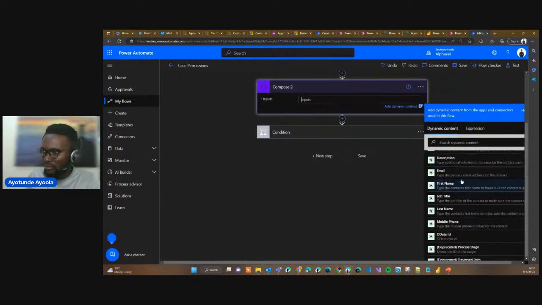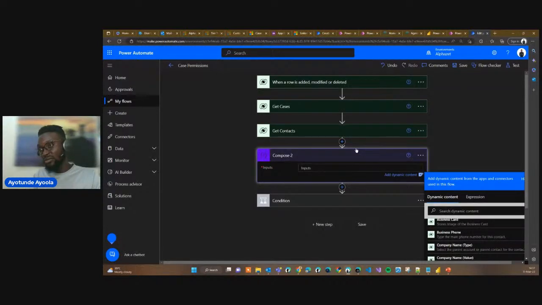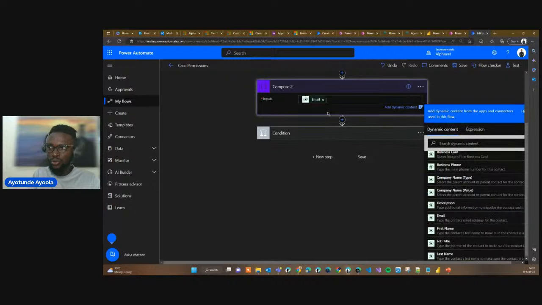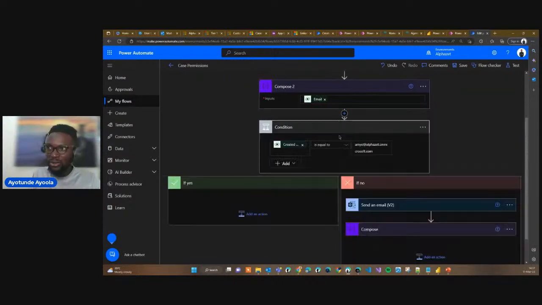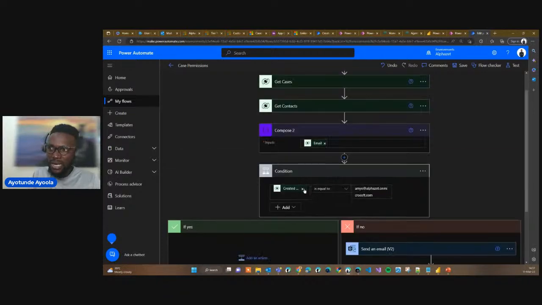Anyways, I need to first break it into pieces before I can pick a contact. I have to do a parse JSON to break it first into pieces though. But let's not go through that element of doing it. So you might decide to pull information from contact, maybe just pull a first name or pull the email. So I can pull the email, and I can say, what if email equals, so instead of using created by, I can change this to